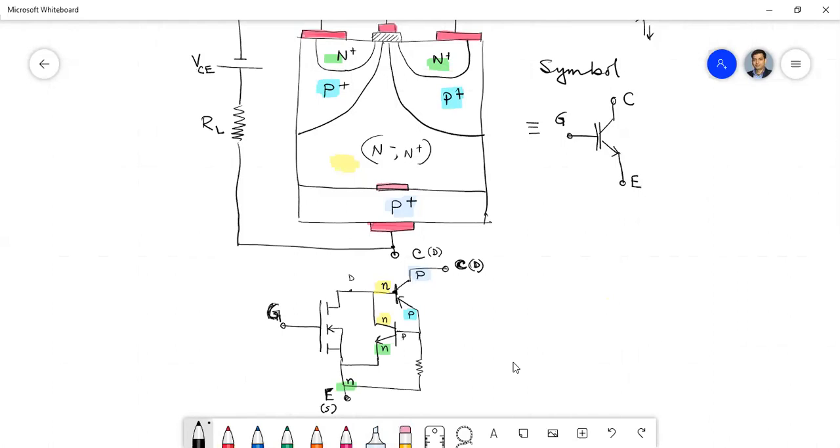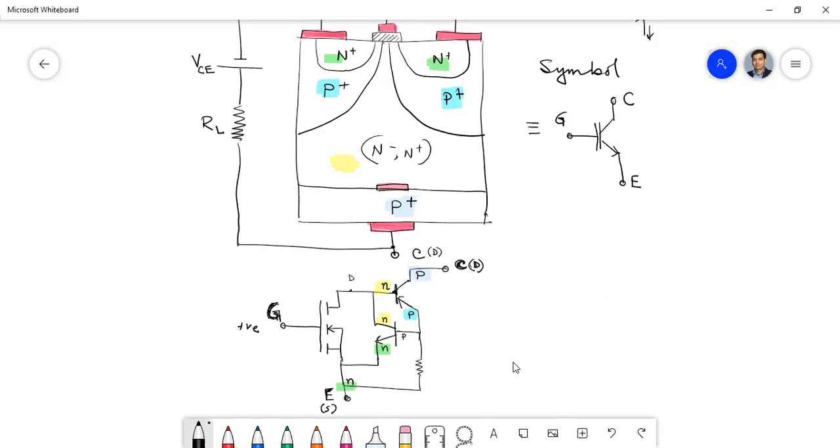Okay. Now, if you can visualize this clearly, then we can explain its operating principle. Now, what will happen if we apply a voltage? Suppose for this device we have already biased drain to source, or collector to emitter. Now, if we apply some positive voltage in the gate, then